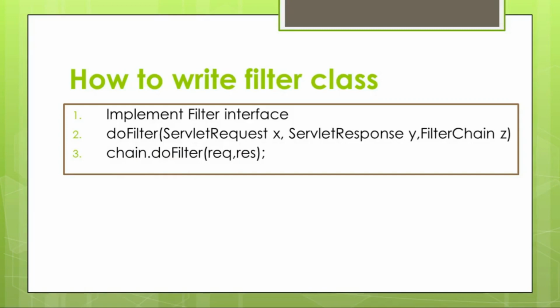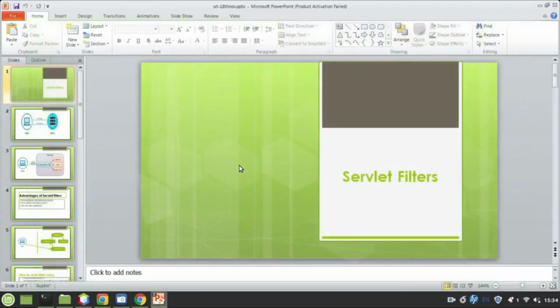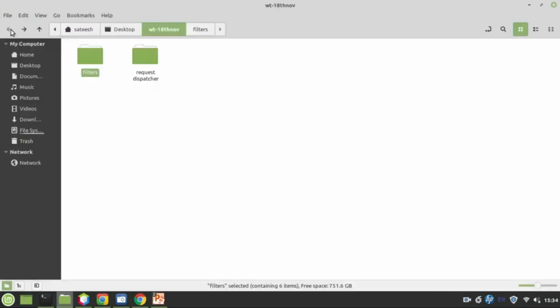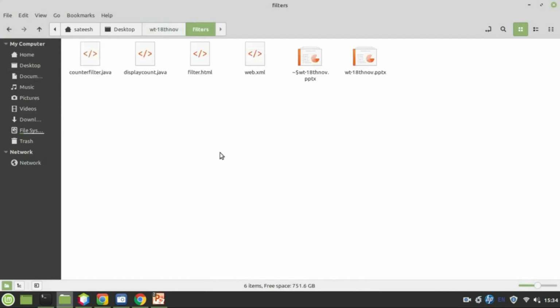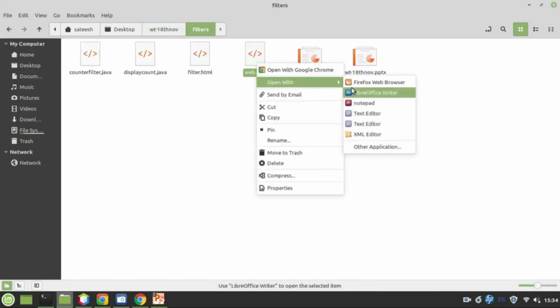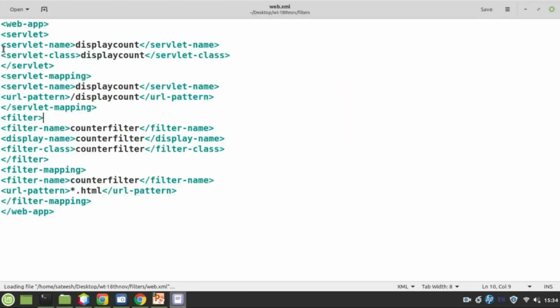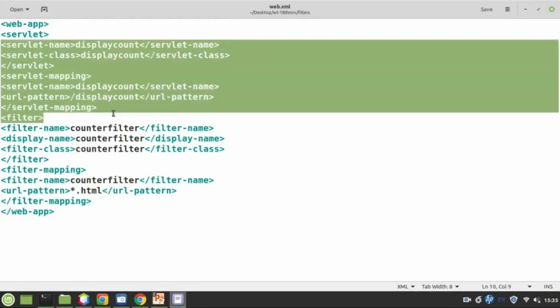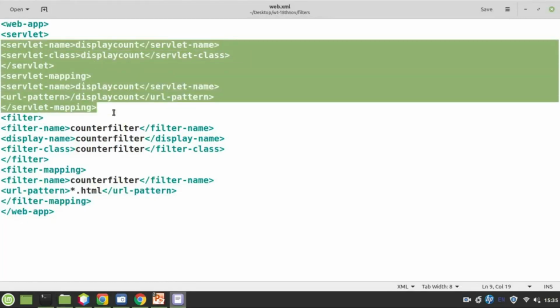We are going to create a filter class and a servlet class and everything using Apache NetBeans. That's all. Now let's execute the program. And before we execute the program, I wanted to show you one thing. Here there is a web.xml file. Generally in the web.xml file, there are things related to servlet name, class name and everything. Since we are going to create a class which is not a servlet but a filter class,